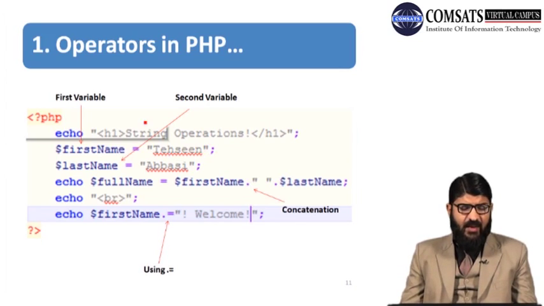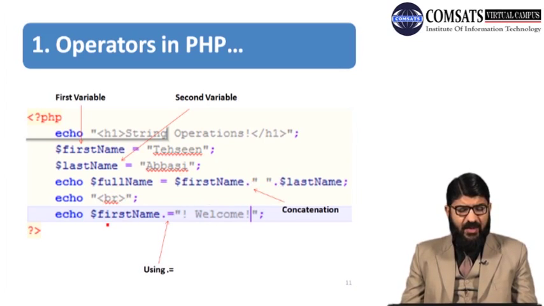It is basically assigning a value to this first variable, first name, and then $sign last name equals to Abbasi, and it is assigning to the second variable last name. And see what is over there. Echo, now full name will contain a new variable, full name, first name the value in the first variable, and then dot is mentioned, space, and then dot last name is mentioned, and then a line break.